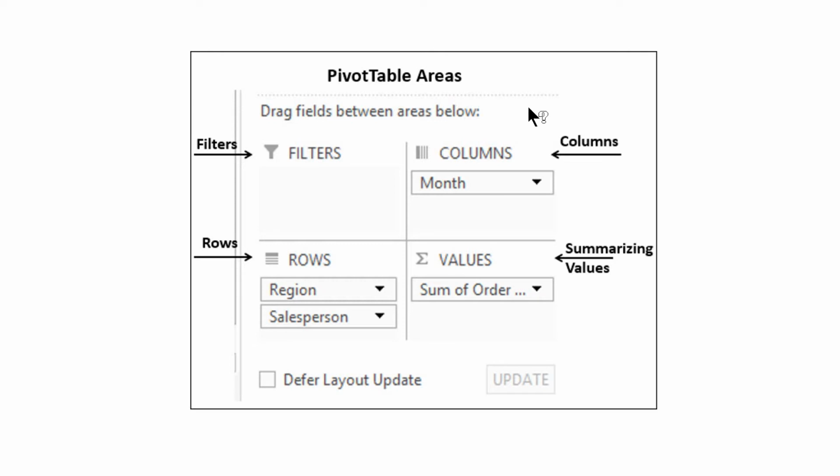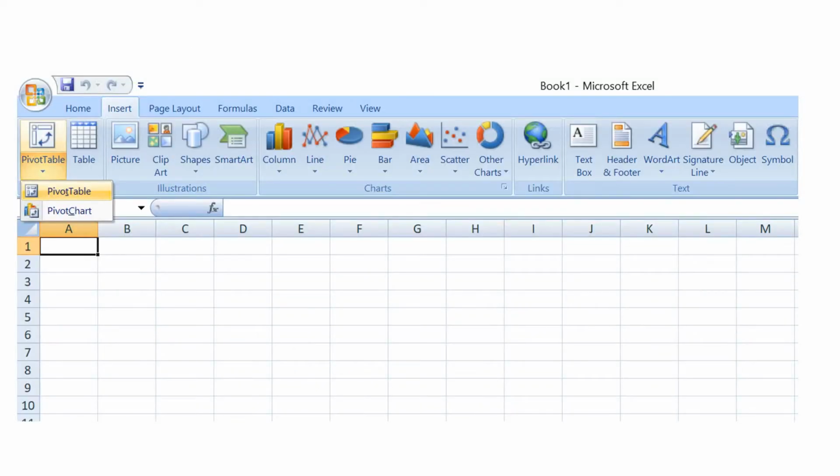We just have to select which columns are to be taken for which particular area. But where we have the values, this will take only the column where we have number type of data, because this is mainly used for performing calculations. Here we have a snapshot where the pivot table comes in Excel.